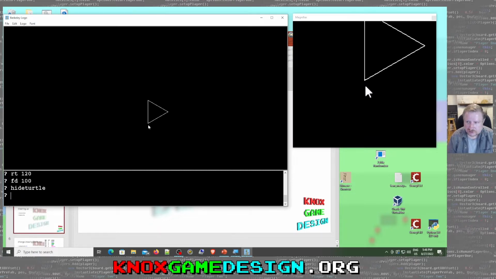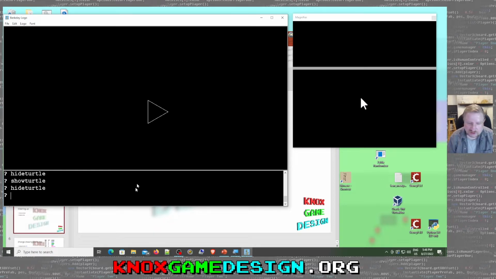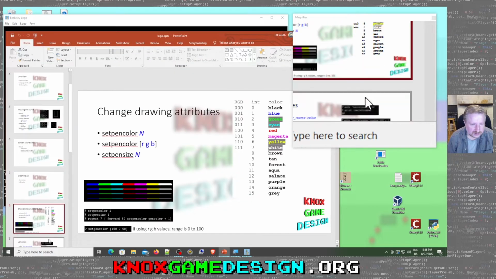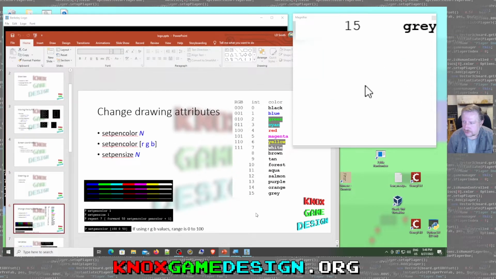That's going to make your turtle go away. Or I think the opposite is show turtle. Show turtle, hide turtle. So if you got your drawing done and you want to show it off, you don't want the little triangle cursor on there, just hide turtle. Okay, so now we got a simple